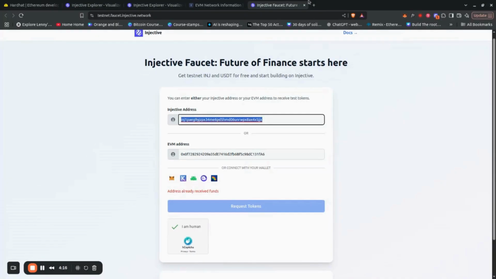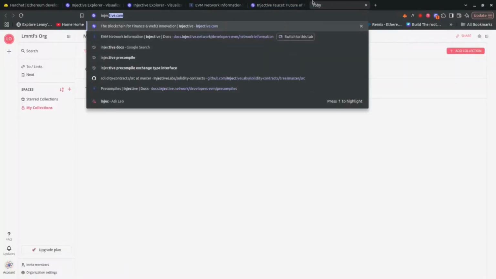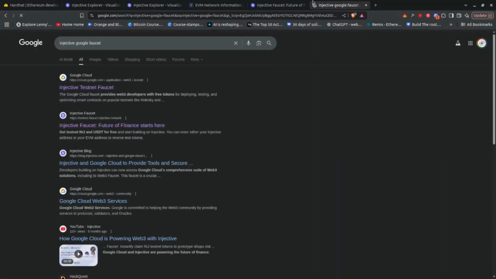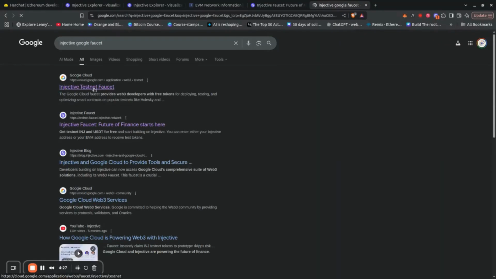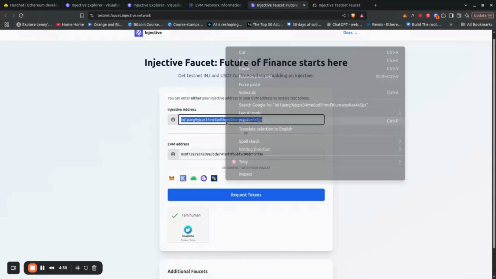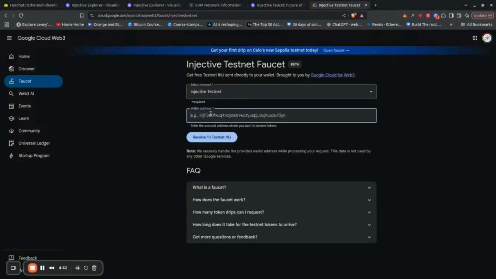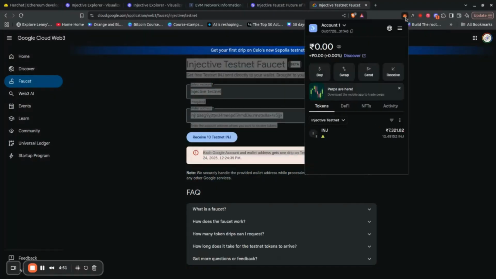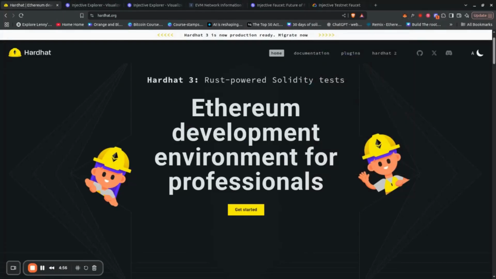Now there is a much more generous faucet also. You can just go to the Injective Google Faucet. This is a way more generous faucet, which gives like 10 testnet tokens. You can also check it out. For this, you have to get the Injective address. Just place this and you will get your Injective address. Copy this and paste it here. I've already got 10 Injective tokens. So I already have these tokens, but it is much more generous because we get 10 tokens. Make sure you have the tokens, and then we can go ahead and set up